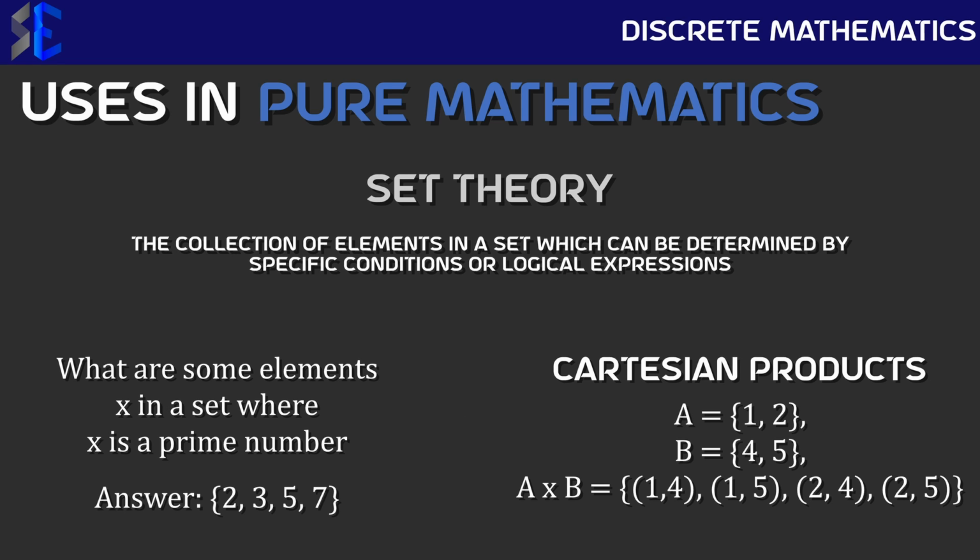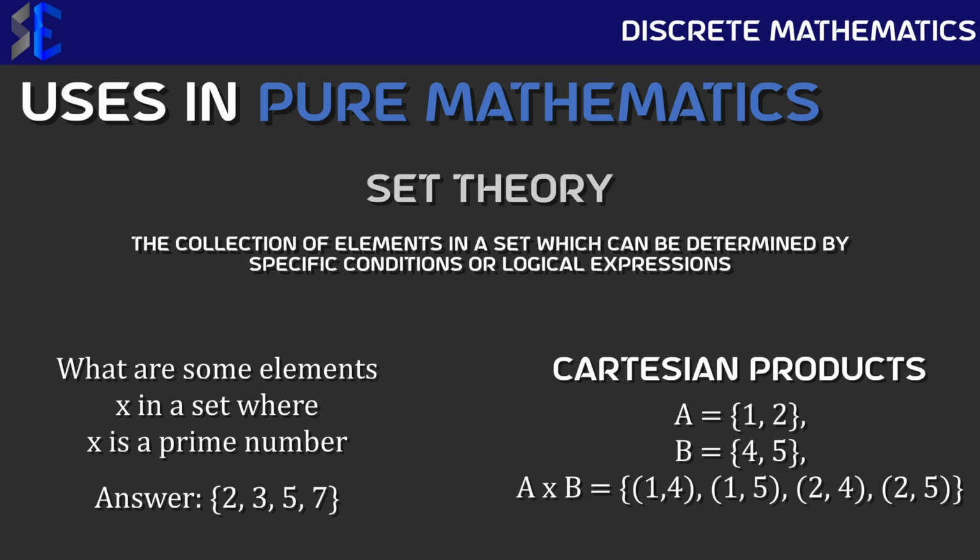Another major mathematical concept of discrete mathematics is called set theory. A set can be thought of as a collection of things called elements. The elements in a set are typically numbers which can be determined by certain conditions, such as the set in which x is divisible by 27 or is a prime number. The example, of course, is the set of all prime numbers, which starts with 2, continues to 3, 5, 7, and continues to go up.